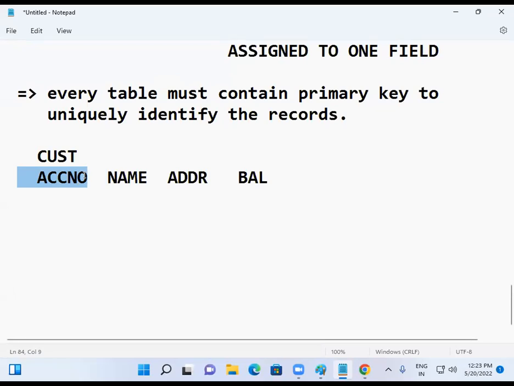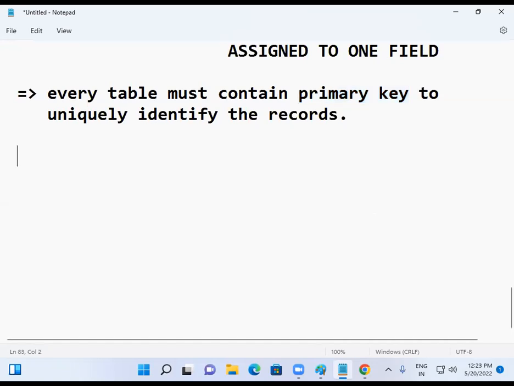So now I go to the bank and ask, sir, what is my balance? They'll ask, what is your account number? I give my account number. But how many customers will they find with one account number? Only one customer. So this is uniquely identifying. What is this called? This is called primary key. What is the purpose? Uniquely identifying.